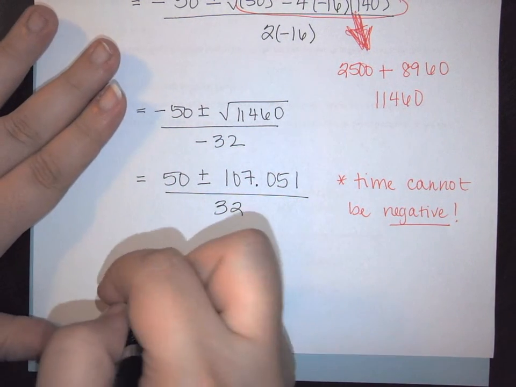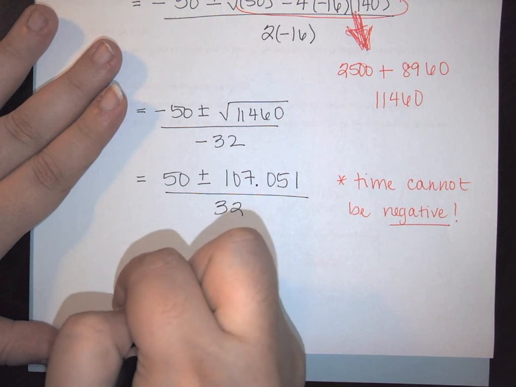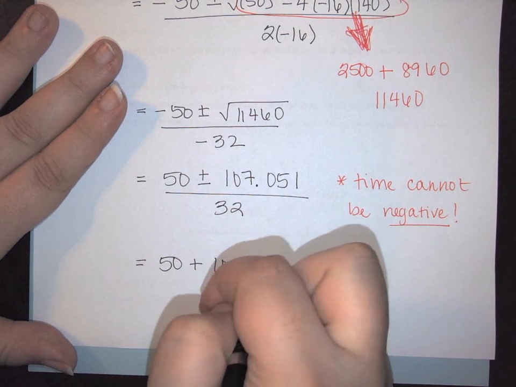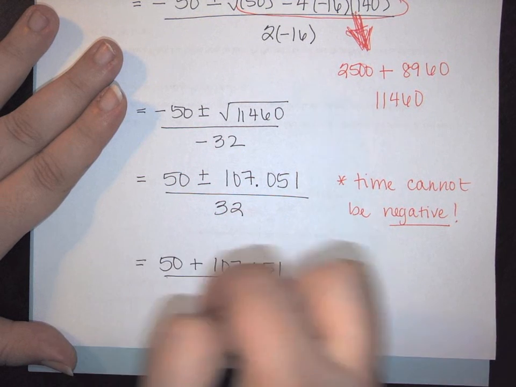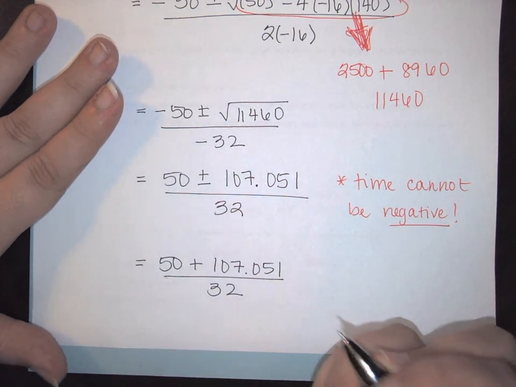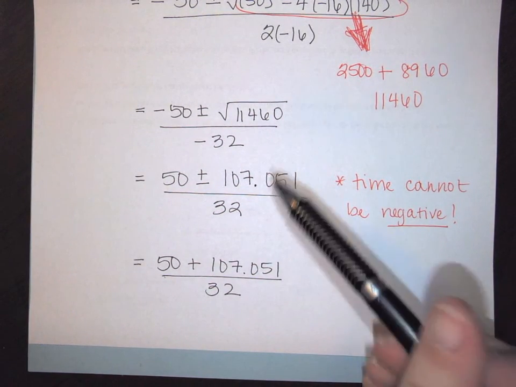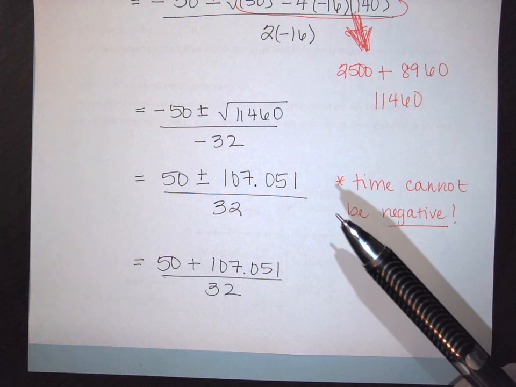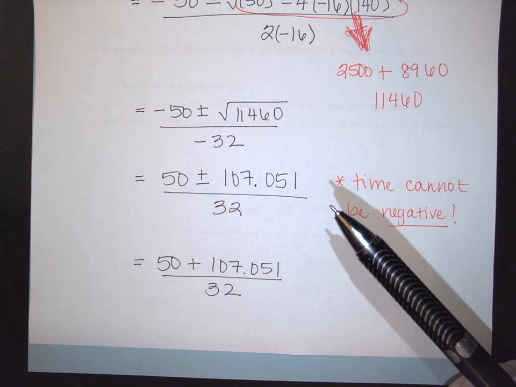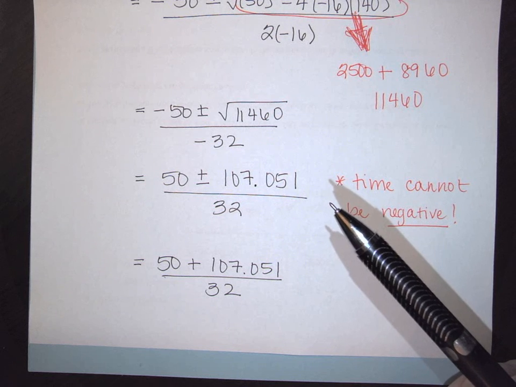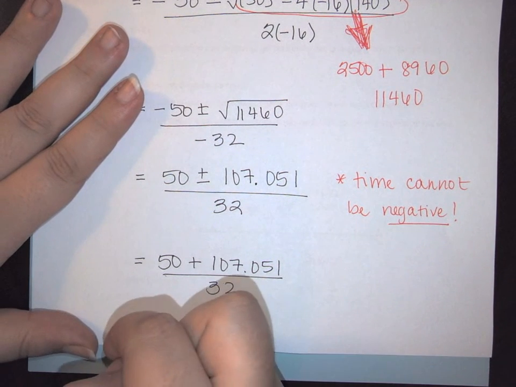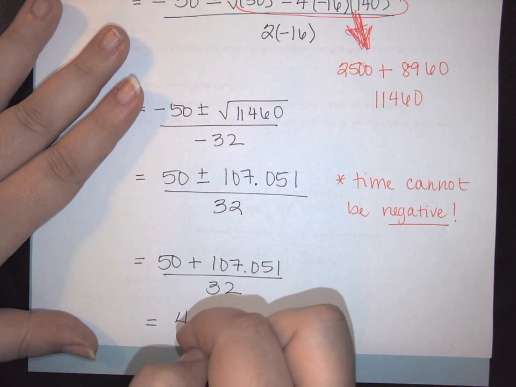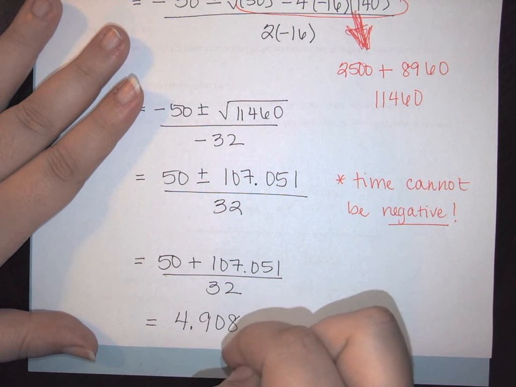Therefore, the only part that we care about is 50 plus 107.051 over 32. Being that you did this radical in your calculator, I'd leave that value there. We're going to add 50 to it, and divide by 32. And this is going to end up giving us 4.908